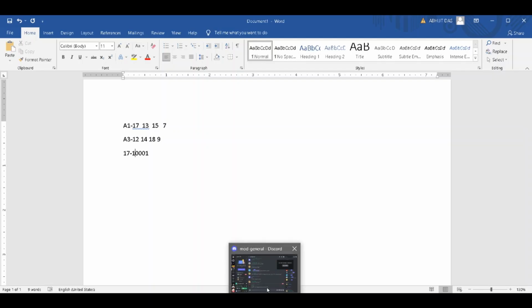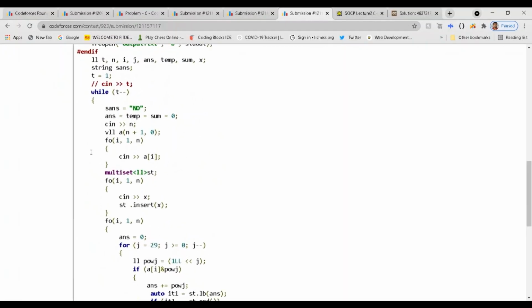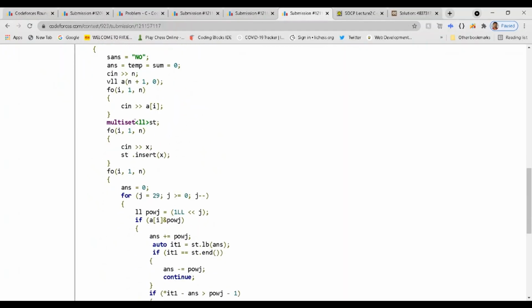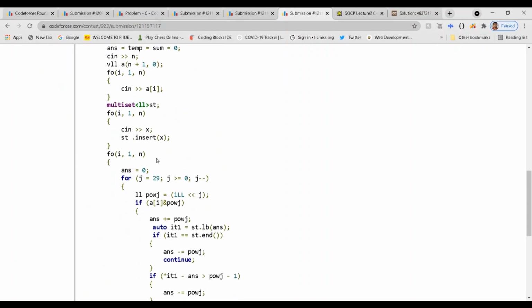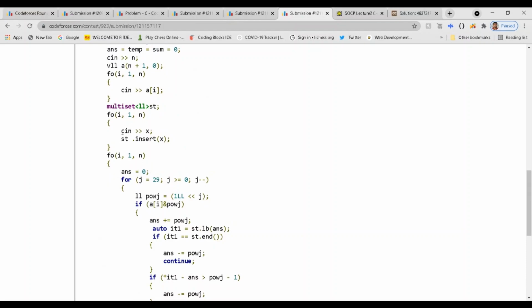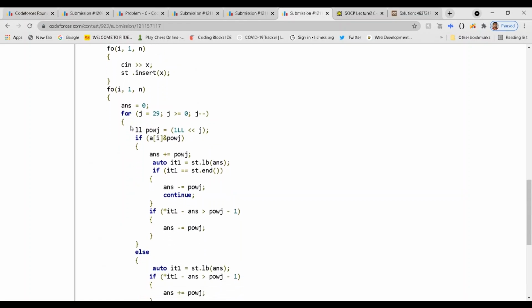Let me share my code and how I implemented it. What I did is, first of all, I took input n and the elements of the given array. Then I took the elements of the third array, for which we need to do the operations, and put all the possible answers in a multiset. Sorry. So then I